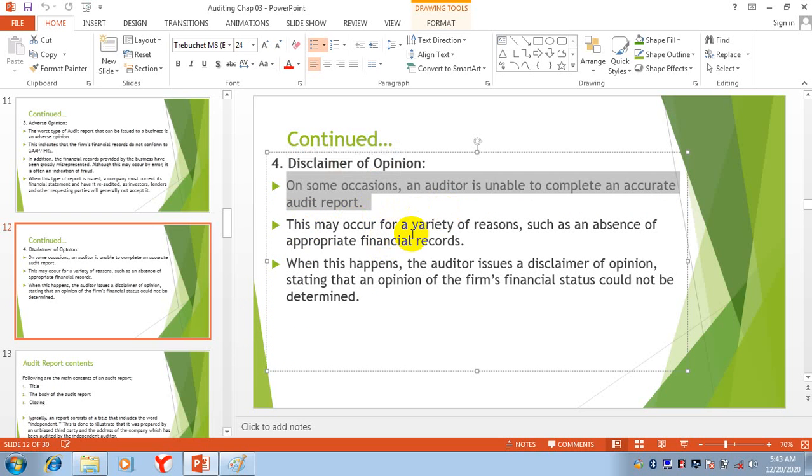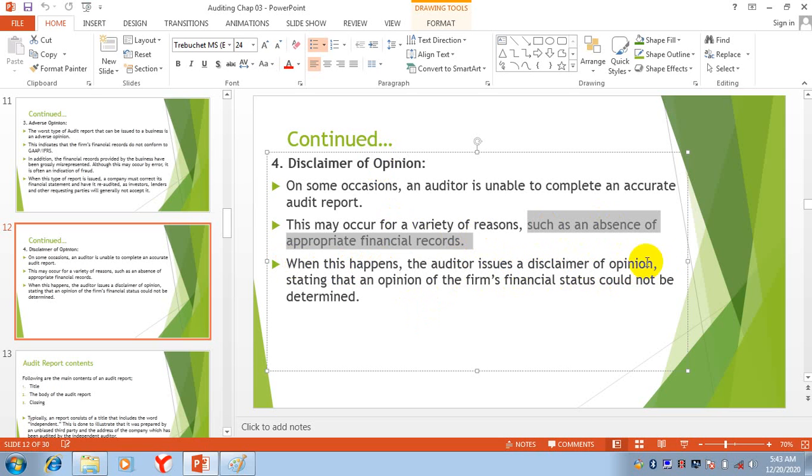This may occur for a variety of reasons, such as absence of appropriate financial records. It means there is a possibility that the financial records of the company are not complete. So it is very difficult for the auditor, if the record is not complete, to give his opinion. When this happens, the auditor issues a disclaimer of opinion.